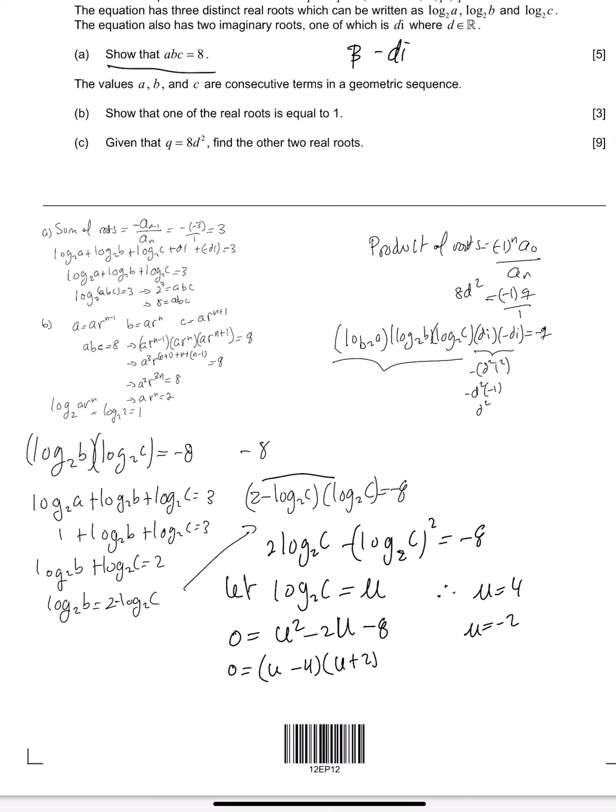Now, remember that u is log base 2 of c, so this right here is not a possibility. Take that back, yes it is. Okay, so log base 2 of c is equal to 4, or log base 2 of c is equal to minus 2. Therefore,